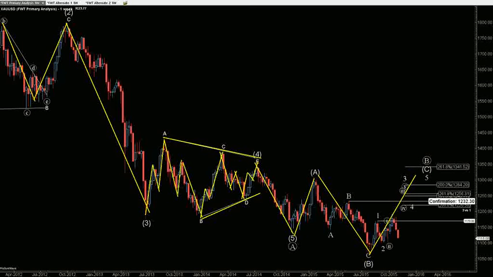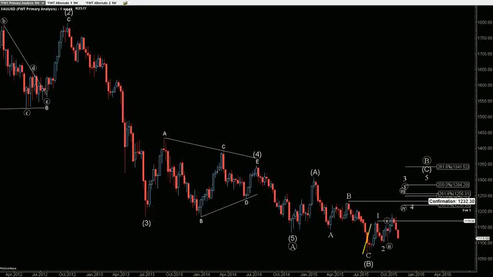And so earlier this year, when we came up here like this and came back down, I was getting long up in here trying to see if I could catch this ride. I got in from about 1113. I ended up getting out at the end of last week at 1140 something. I made some money on the trade, but given how far this fell back down,